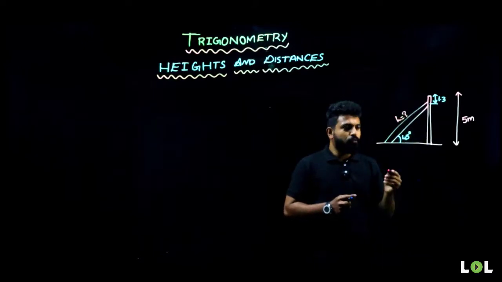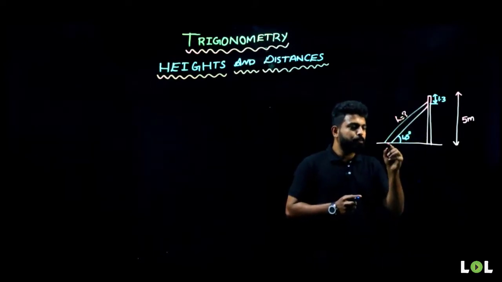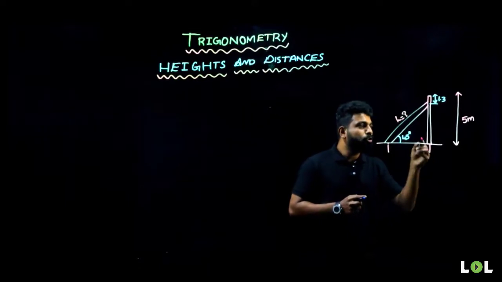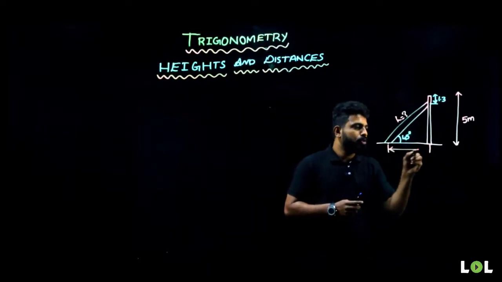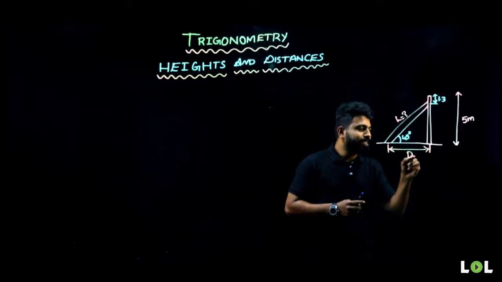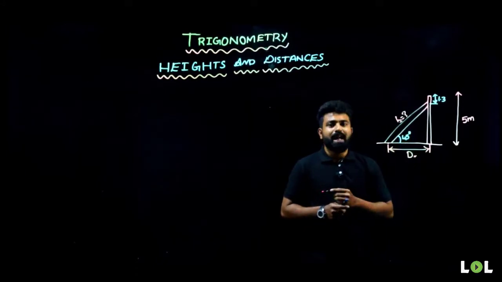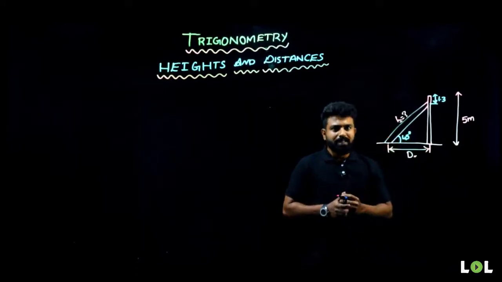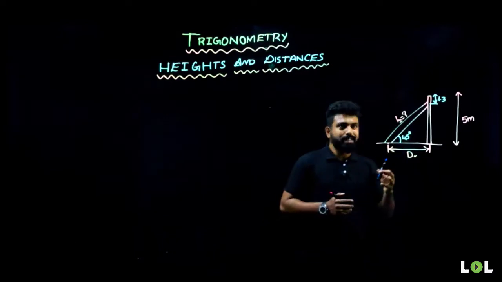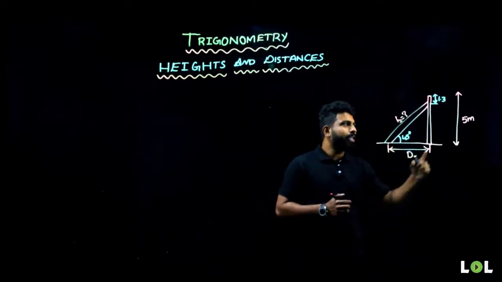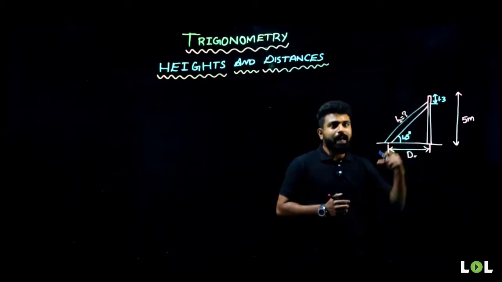Also, they can ask you to find out the distance at which he has put the ladder from the foot of the electric pole. So, we'll have to find out the distance as well as the length of the ladder. So, how do we go about this? Now, what the students generally tend to do is, they know that the length of the electric pole is 5